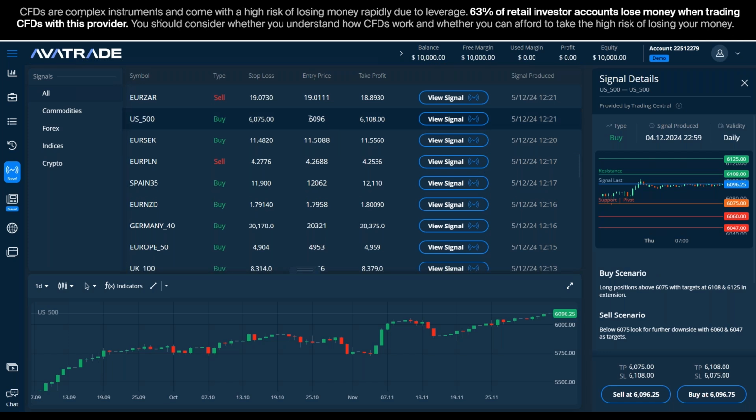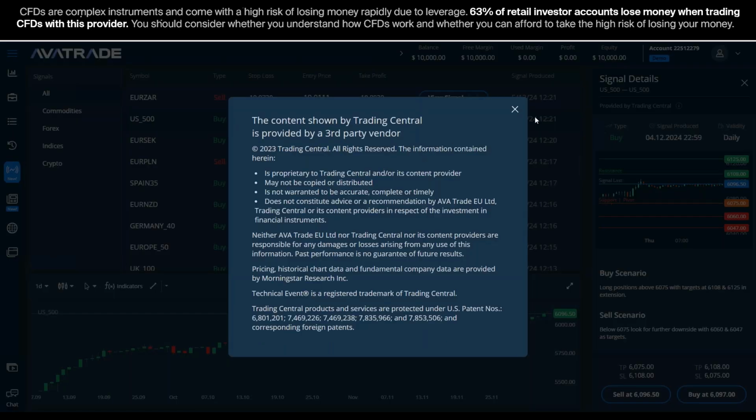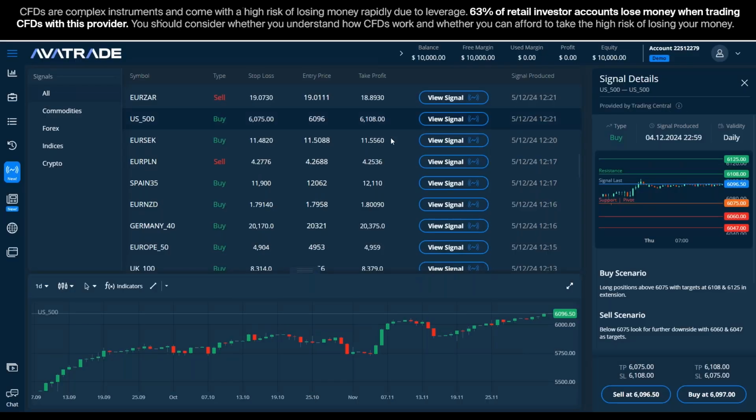So the entry price, which was the price that it was based upon, has two pending orders. Take profit, that's supposed to close the position automatically when getting to that price, and a stop loss that stops the position automatically when reaching that price. There is the production time when this signal was manufactured, and it wasn't by AvaTrade, it was by the Trading